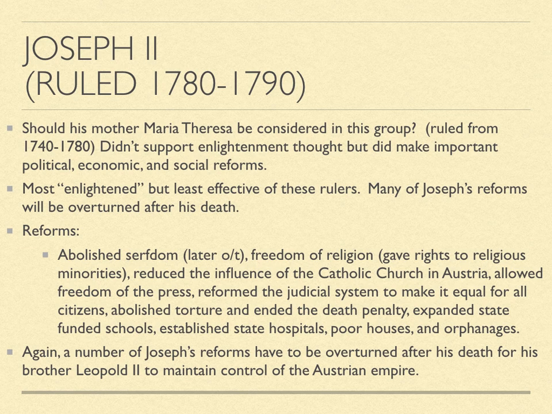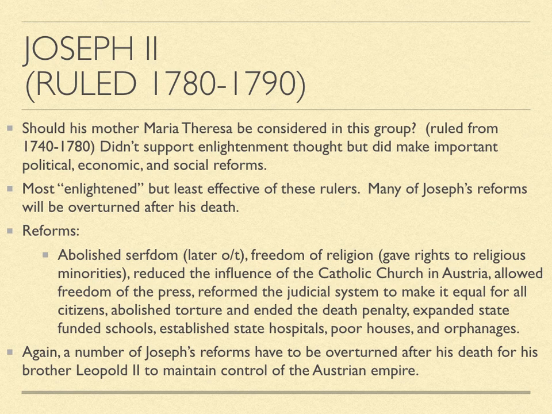He gave total freedom of religion and gave religious rights to religious minorities. He reduced the influence of the Catholic Church in Austria. He's going to allow freedom of the press. He's going to reform the judicial system, make it equal for everybody. He abolished torture and ended the death penalty. He expanded state-funded schools. He established state hospitals, poorhouses, and orphanages. And so a lot of these reforms, at least for the brief period of his rule, made Austria a lot better. Now, again, the problem is that Joseph doesn't rule long enough, and that because Joseph's reforms had largely